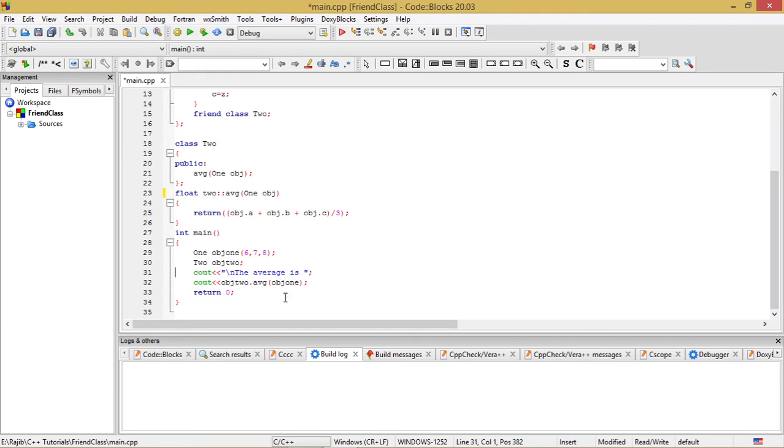And what is the actual argument passed to this function? This is obj1, and this obj1 is nothing but an object of the class 1. But how can we just pass this object of another class into a function of a different class? It is because this 2 is nothing but a friend of the class 1. That is the concept of friend class, and we are going to expect something like this, 6 plus